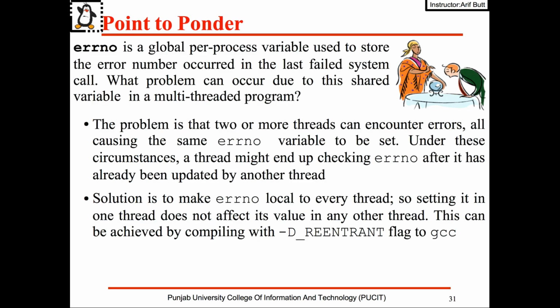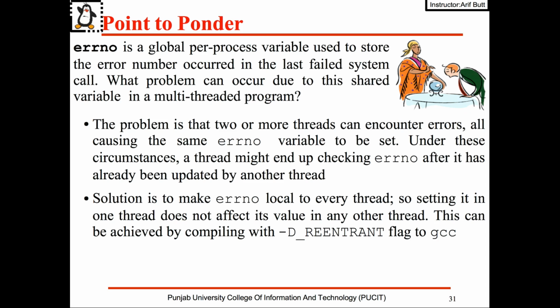Okay, so well, we all know that errno is a global per process variable used to store the error number occurred in the last failed system call. What problem can occur due to this shared variable in a multi-threaded program? The answer to this question is